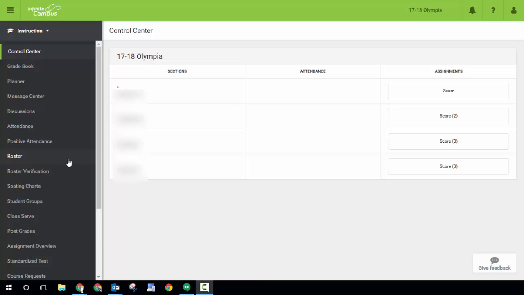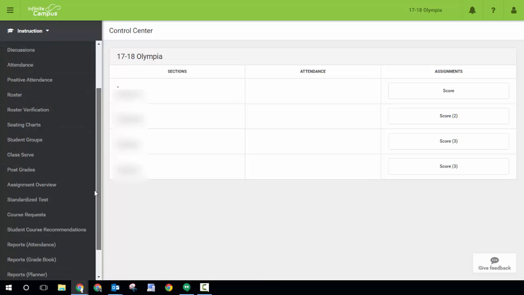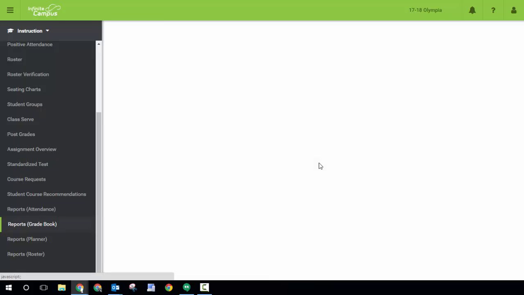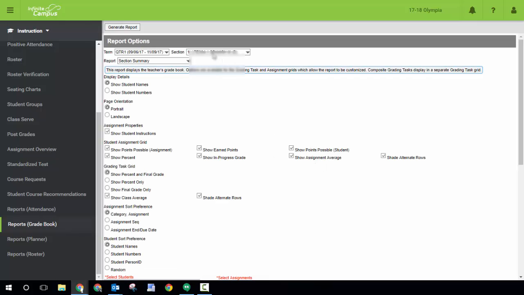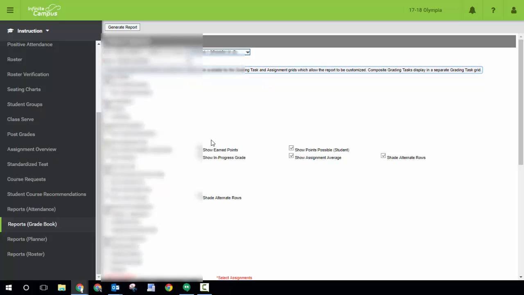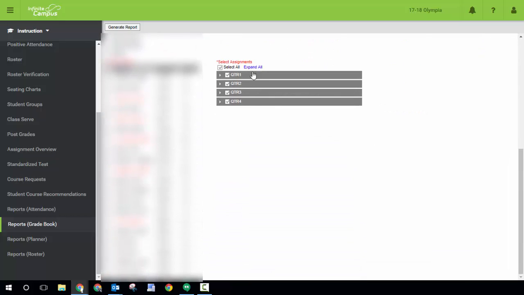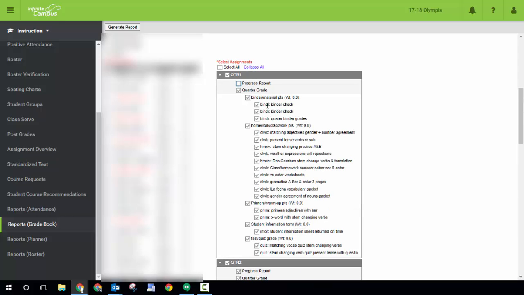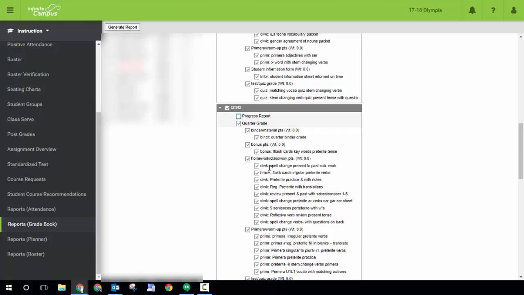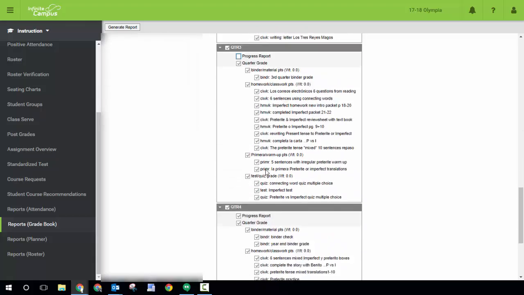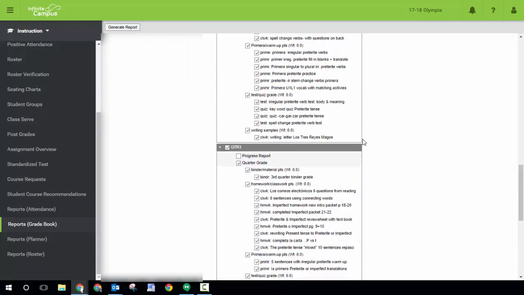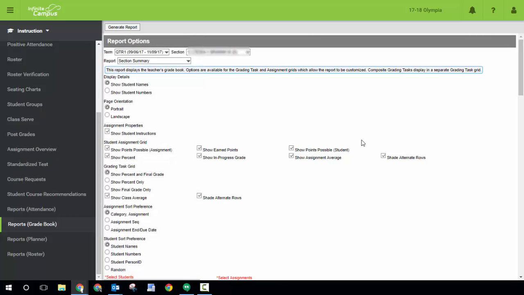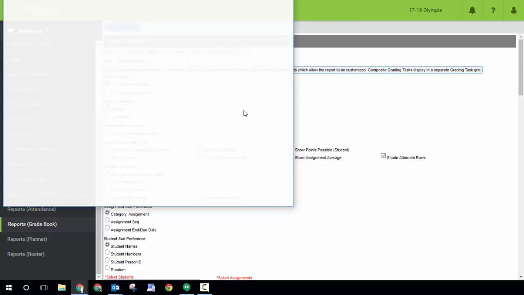So to print out your grades, go over to the left-hand side and go to Reports, Gradebook. Make sure you're on the class that you want to print out. Then come down to the bottom, select Expand All, and then uncheck Progress Report for each one of your quarters. The reason why we do this, it just makes it easier to look at when you go to look at the report in the end. So I'm going to select Generate Report,